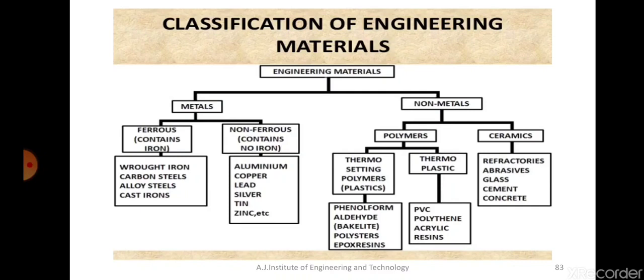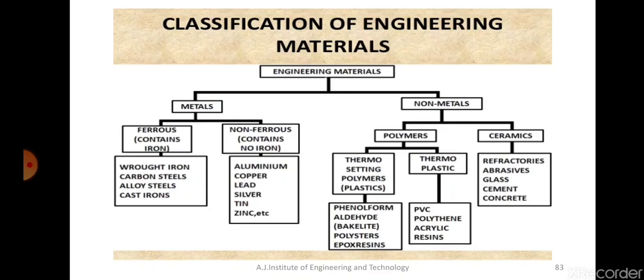Examples of ferrous materials are wrought iron, carbon steels, cast iron, alloy steels, and many more. Similarly, the metals which do not contain iron, very important ones: aluminium, copper, lead, tin, silver, zinc, nickel, etc. All of these are classified as